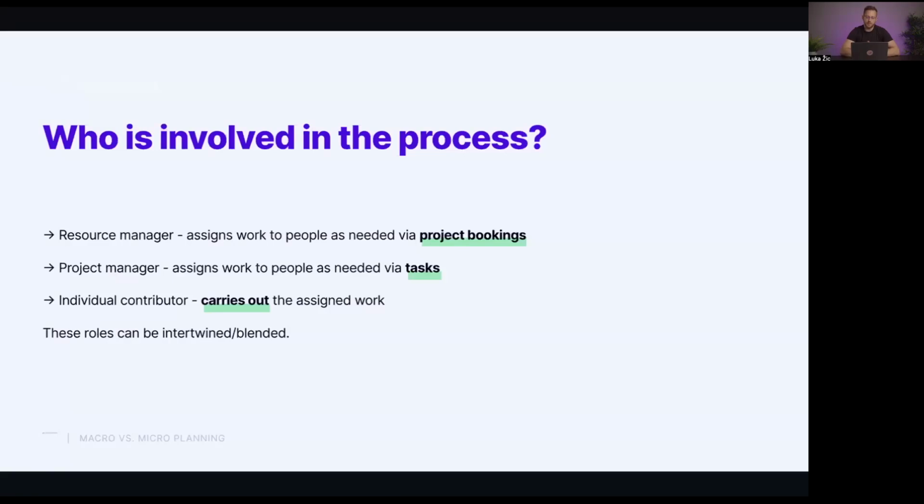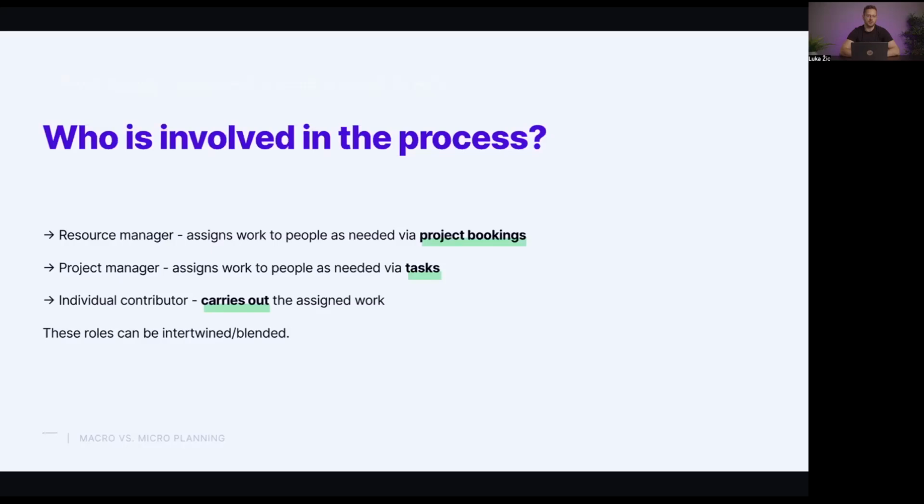Now, the one important thing here is that these roles can, and they often do, intertwine and blend. What do we mean by that? There are companies that have sales representatives that are very much taking on the role of a resource manager, right? They negotiate the deal and they choose who will be assigned to delivering the work.